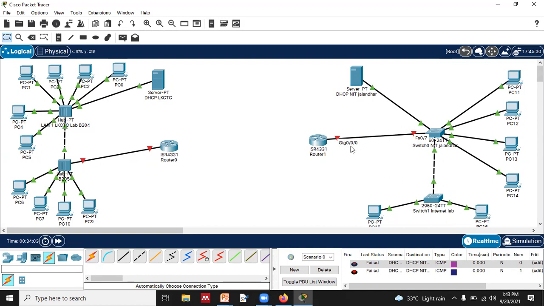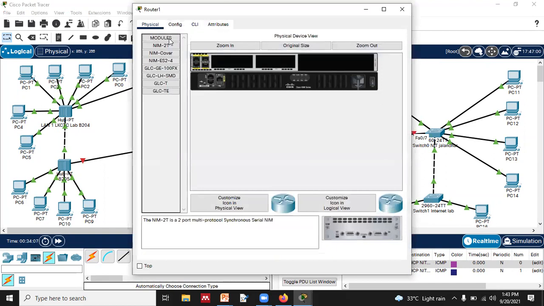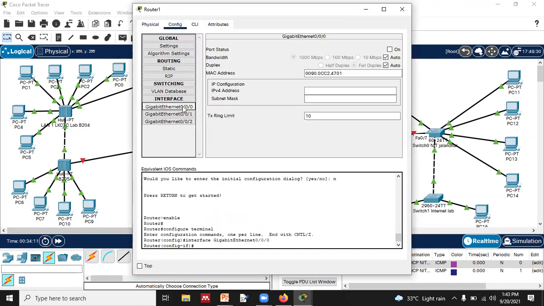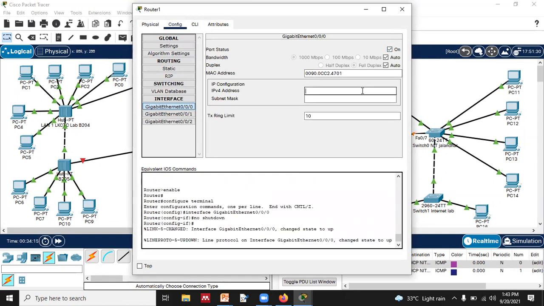It is connected with 0/0/0. So we have to go into this router and then configuration Ethernet 0/0/0. We have to turn it on. Then you can see that we have to provide the IP address